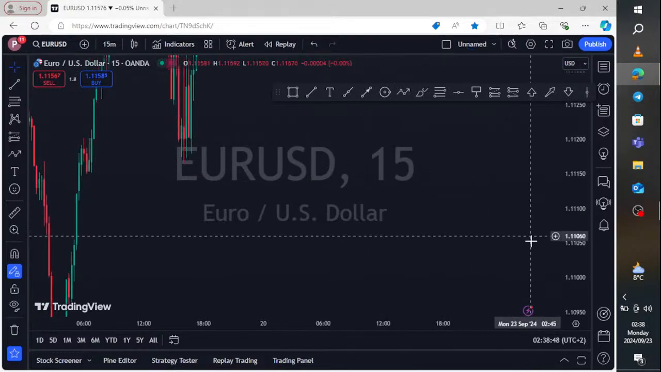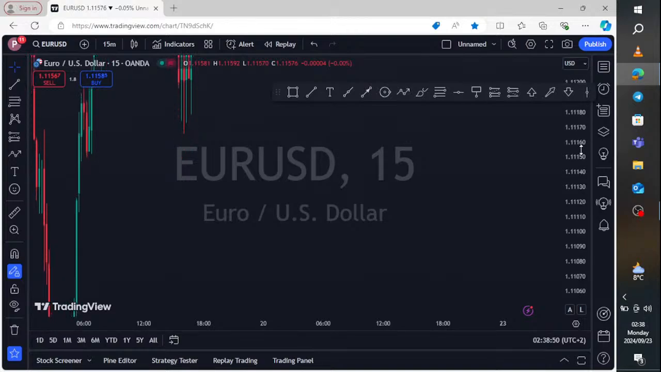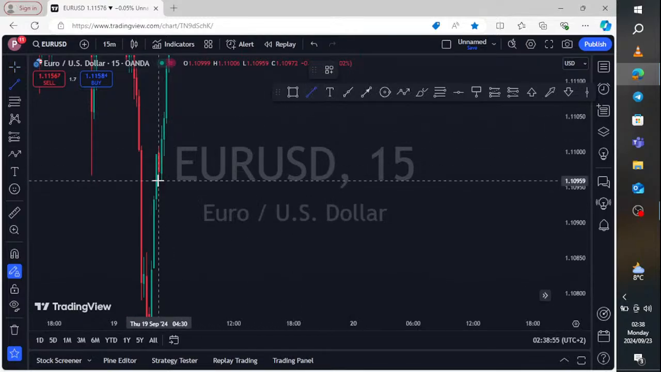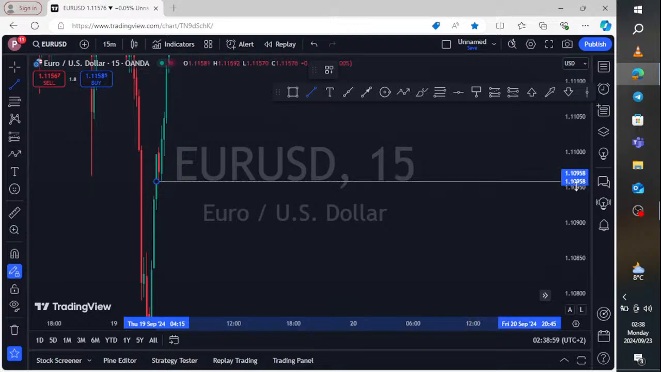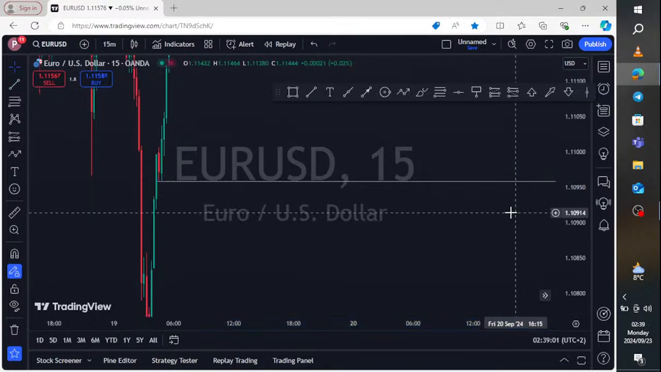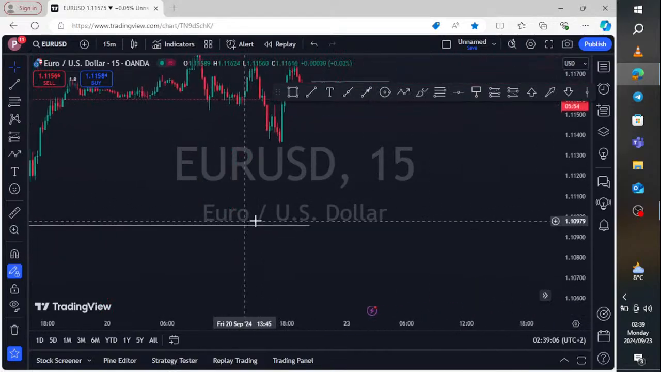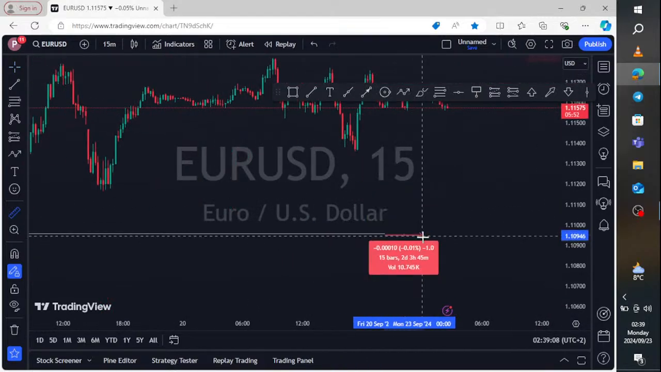Okay, this one is not the one. Okay, we do have it. There we go. That's our last price, which is on the 15 minutes time frame. So if it does happen that